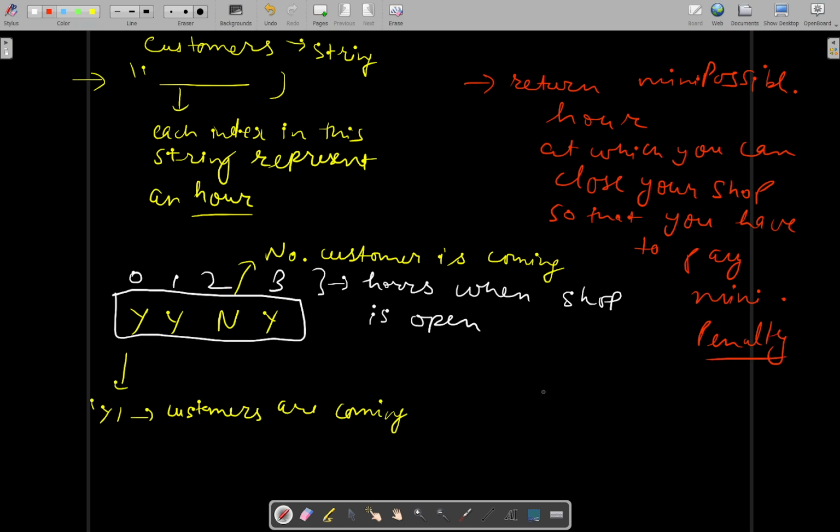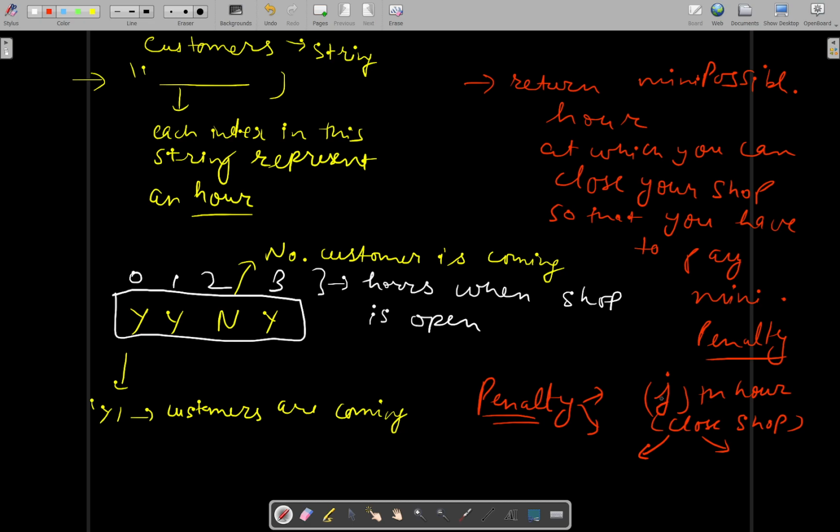So how this penalty will be calculated is also given to you. Let's say you decide to close your shop at the jth hour, then the penalty will be the number of customers visiting the shop after it is being closed,